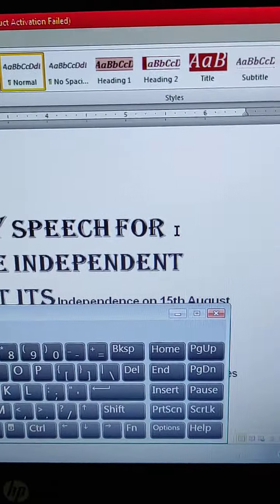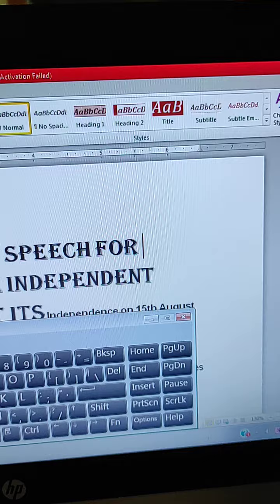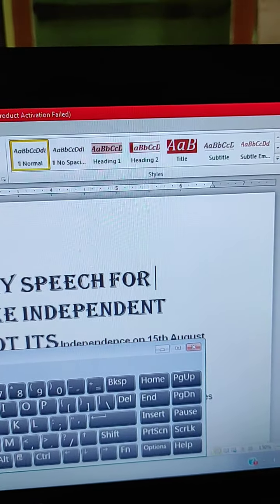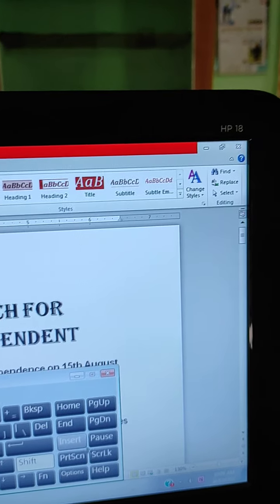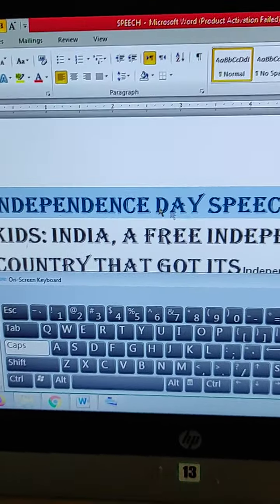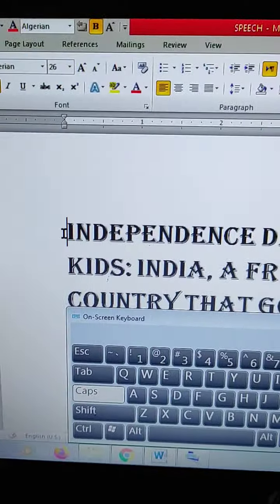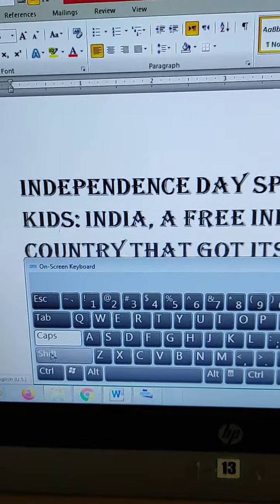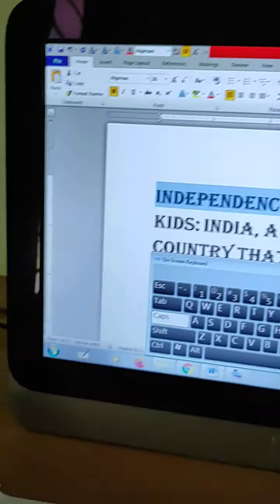If your cursor is at the end position and you want to select this full line immediately, press Shift and Home key. Then the end of the line: keep your cursor here, Shift and End key.